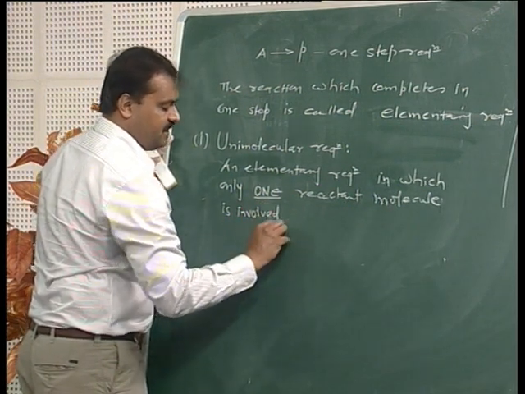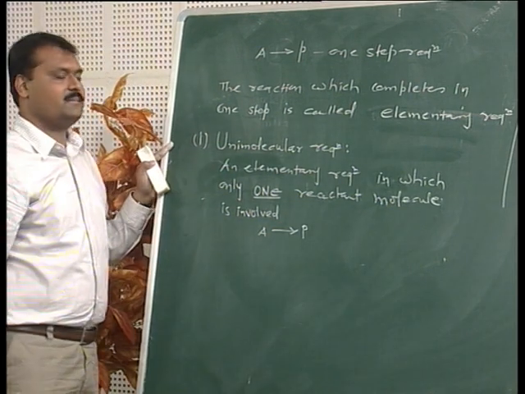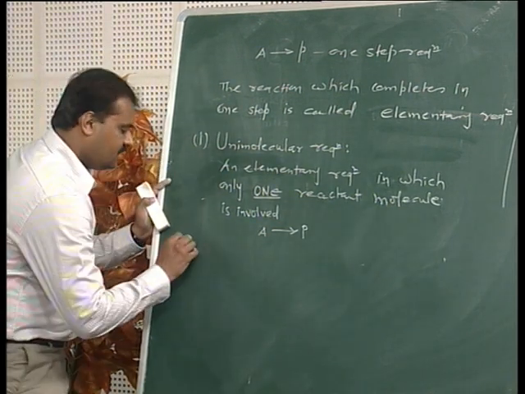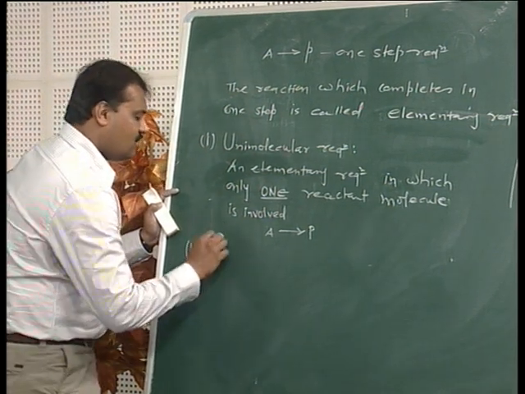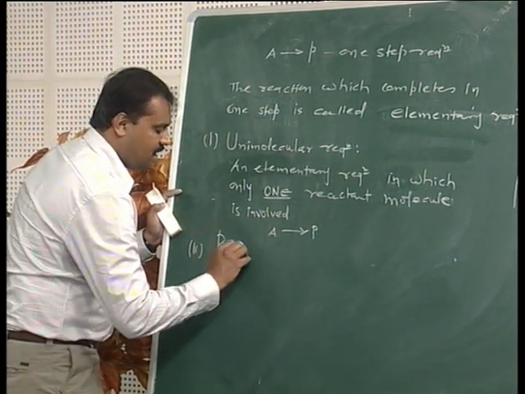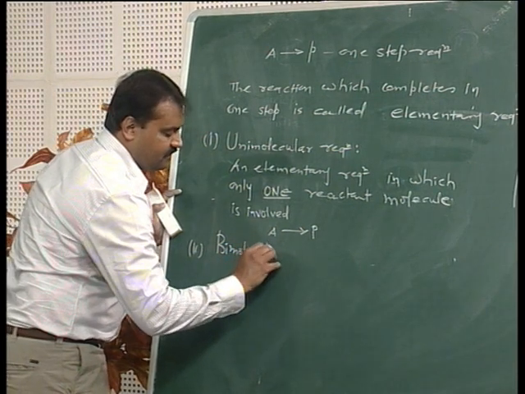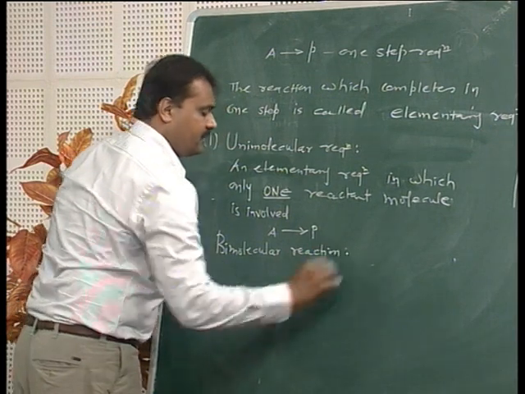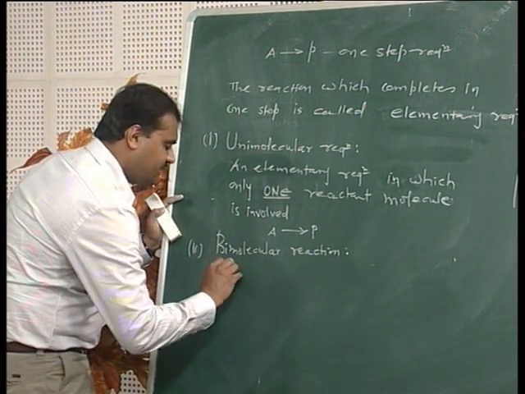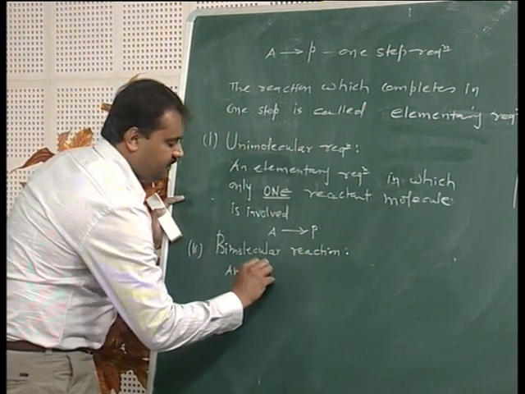For example, A to give products. But if two reactant molecules are involved, that is called bimolecular reaction. So any bimolecular reaction is an elementary reaction